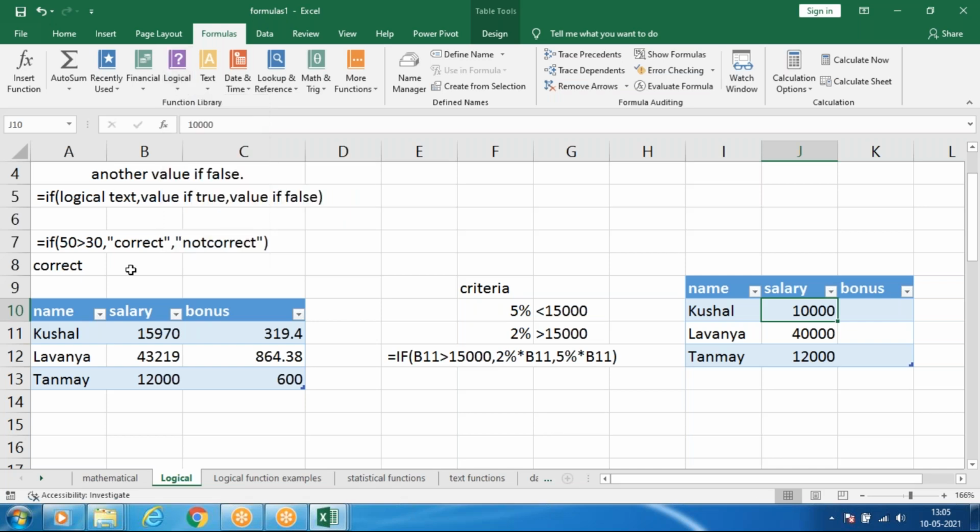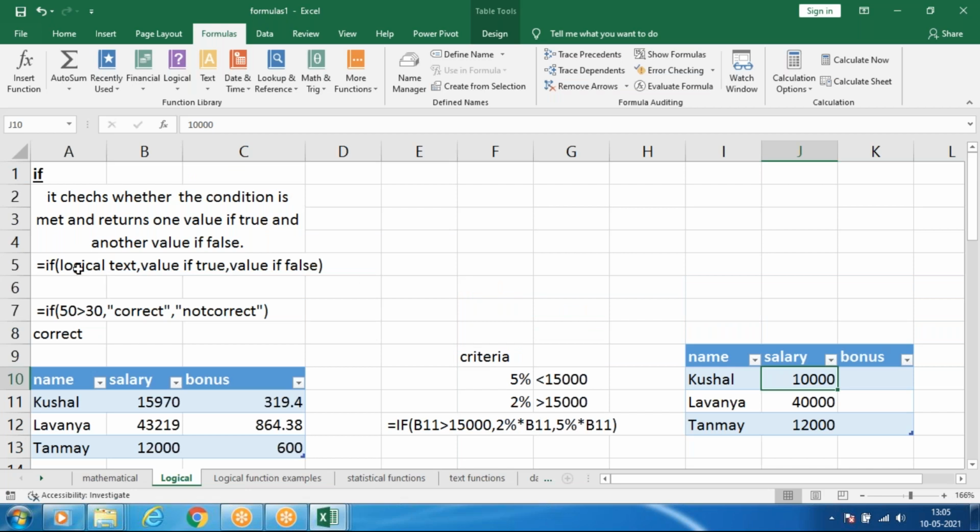See, once again I'll teach you. First thing is the logical test. That means if I have two numbers, for example, A as 50, B as 20, and I want to find which is bigger, you can tell easily that A is bigger. But the computer has to understand which is bigger and which is smaller. That time we have to use a logical test, because we have to compare both the values, A and B. So this 50 is considered as the A value, this 20 as the B value.